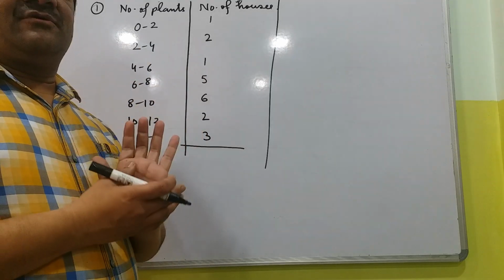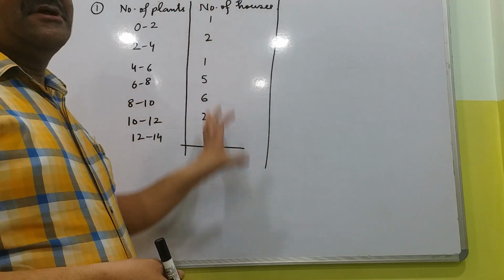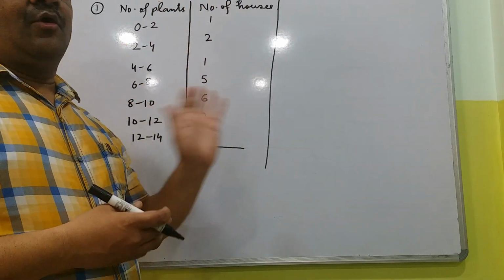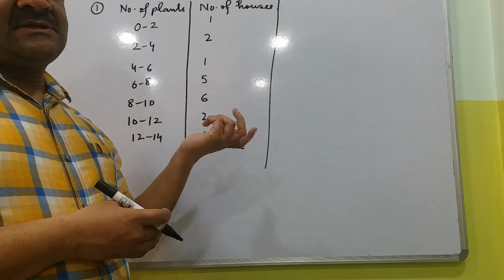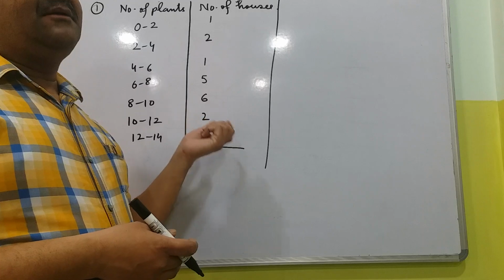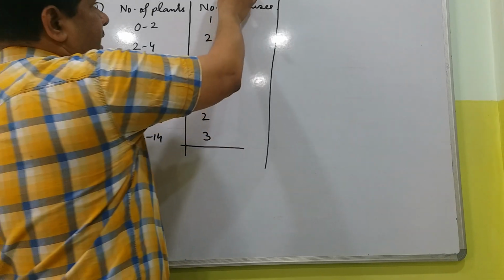When the number of observations becomes more, the observations were listed and their frequency was written, so you apply the formula sigma Fi xi over sigma Fi. That is the same method we are going to use to calculate the mean by the direct method. So that is the direct method.